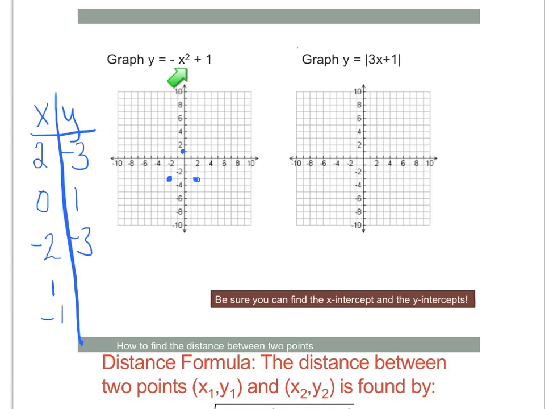Okay, so if x is 1, I have 1 squared, so I have -1 plus 1, I get 0, right? So 1 comma 0. Oh, that side's kind of curvy now. It looks like this isn't a straight line. It's not a V. It's got a little curve to it, doesn't it? Okay, and if x is -1, -1 squared is 1, but the -1 plus 1 is 0, so I get 0 as well. So if I plot a few points, what I'm going to end up with is that the shape of this graph is an upside down parabola.